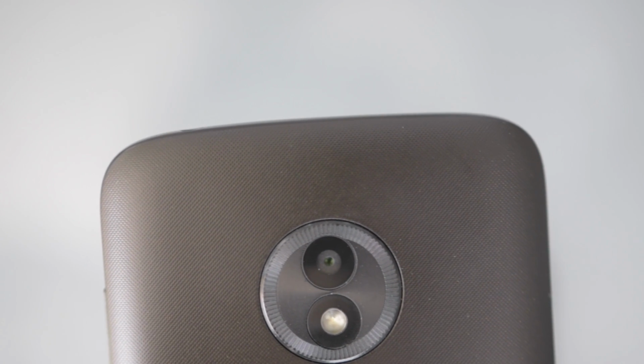But on the back of the device you have the, which I like, I'm gonna zoom in a little bit, like this. It is what I like to see, metal instead of glass so it doesn't scratch easily. 8 megapixel camera, which is a little bit of improvement from last year. A flash,